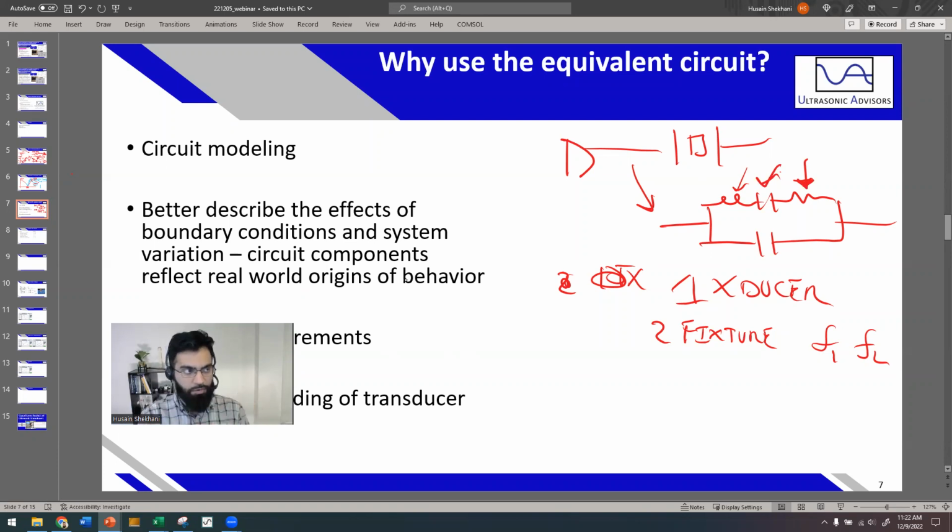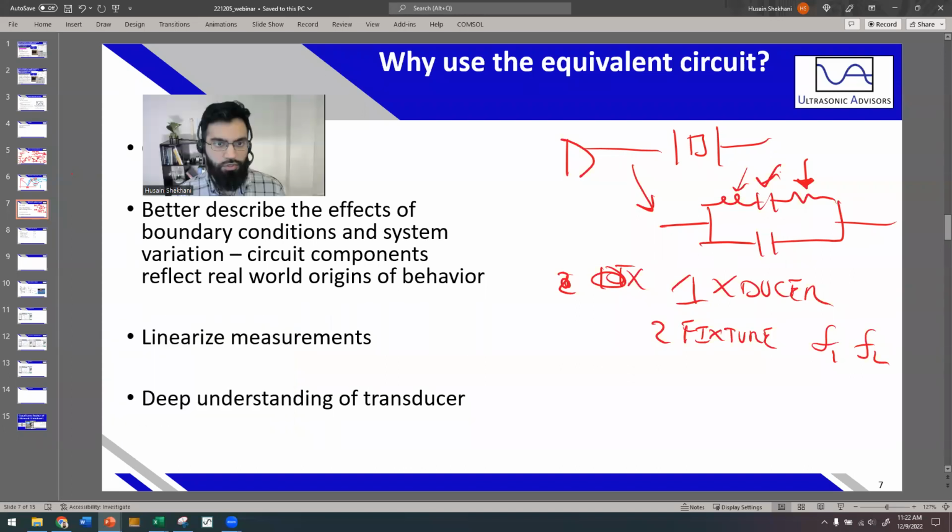So you're more able to say what caused the differences, rather than just rely on a mixture of properties that would come from just a resonance behavior, or just measuring resonant frequency or resonant impedance. You can dig in a little bit deeper if you need to. So the circuit components reflect real world origins of behavior a little bit better. That's one strong reason to use them, although I haven't seen companies use it extremely commonly,